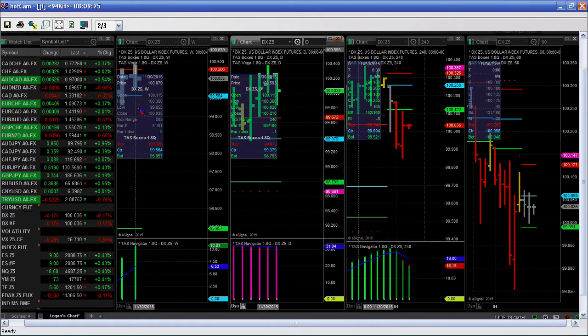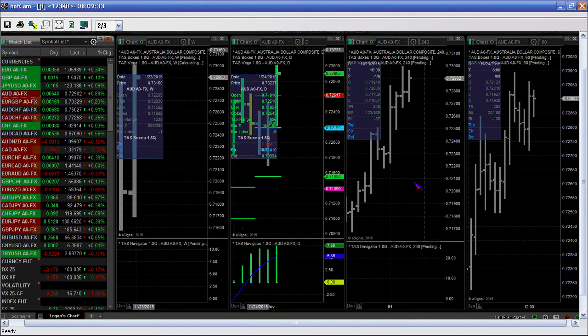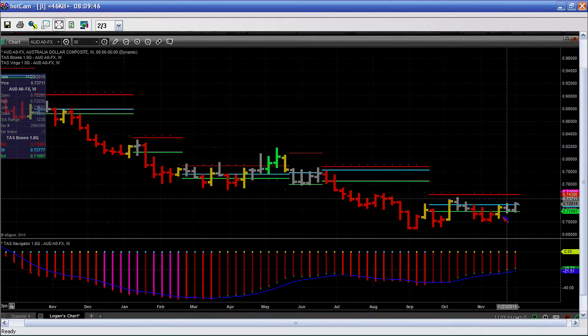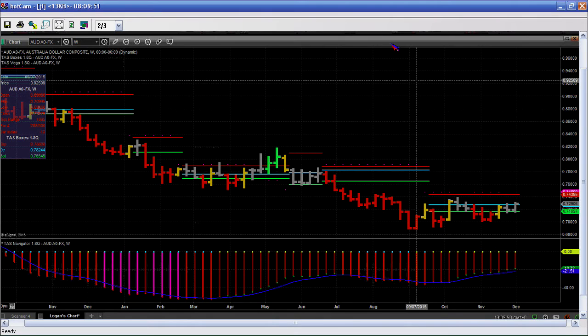That being said, we're going to move into the Australian dollar really quick, and they've had some fundamental news come out. We talked about staying away from this on the short side. This has been one where you close weekly above, you come back and get that high probability setup. We've been talking about this. The higher lows will navigate to lower lows on price action, and I fully believe, especially with the news that's recently out, we're going to get to that 74.39, 74.40 area. Won't go in a straight line.